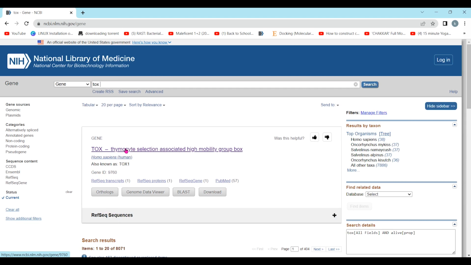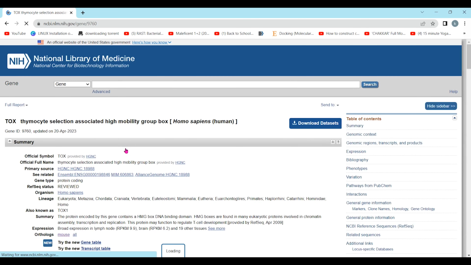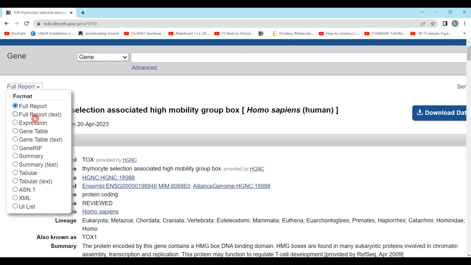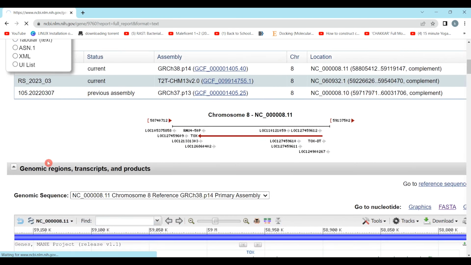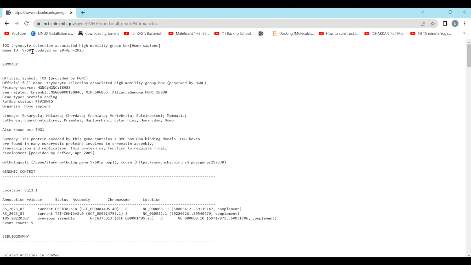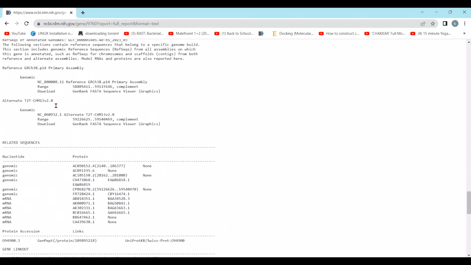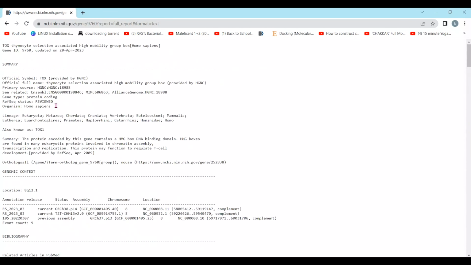We'll explore these options later, but first we need to focus on the main concepts, right? I have clicked on the gene and here I have got the results. You can download the full report or the text report from here. As you can see, this is the full report. You just need to copy and paste this report. After that,